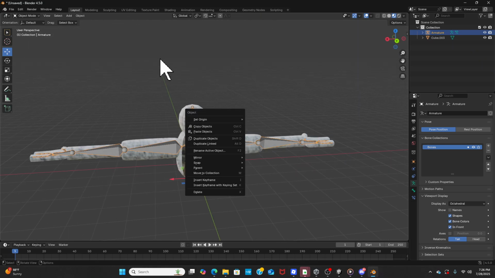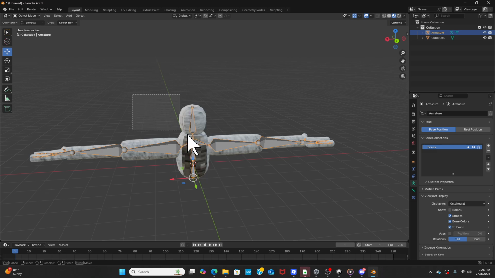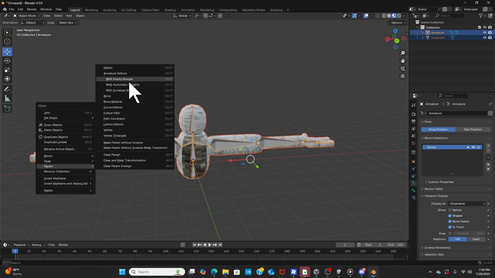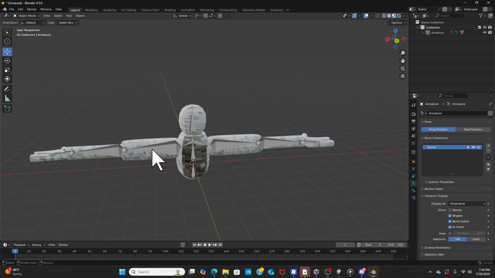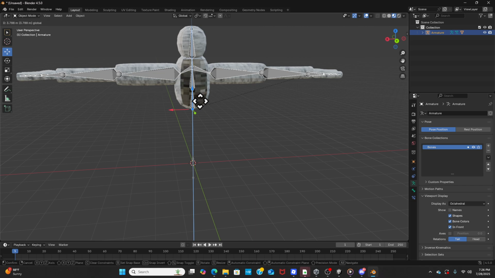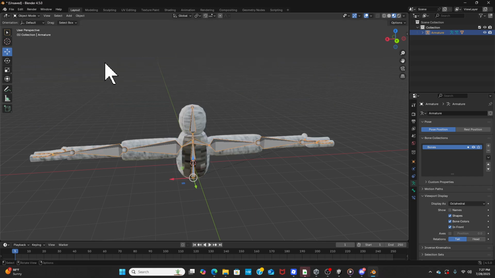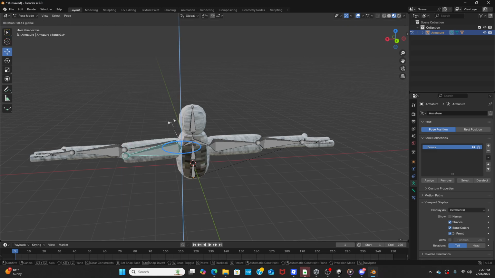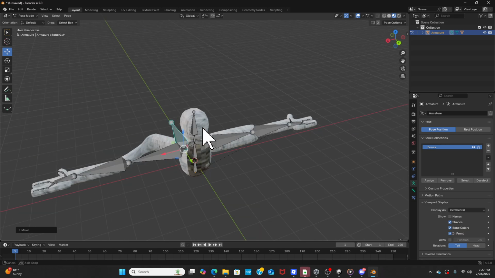Okay, now you're going to select the bone and then select your player model next, and then parent it with automatic weights. Now, if you move the bone up and down, your player model will follow it. Go to pose mode, and then you can see that it's like this. It's weird, but